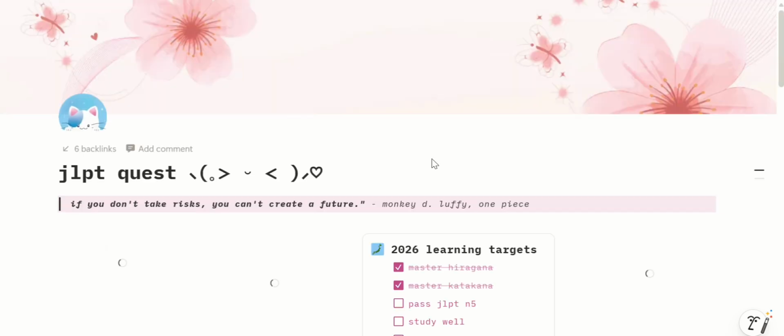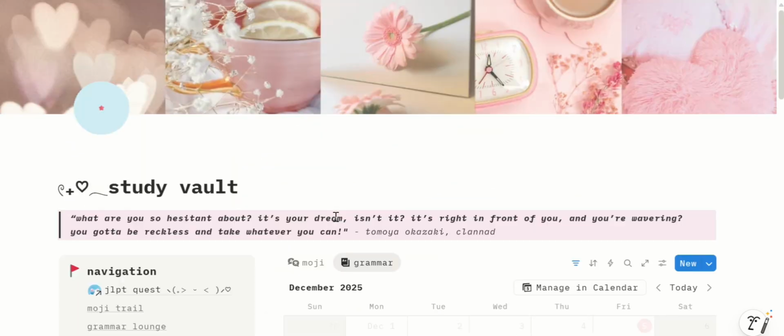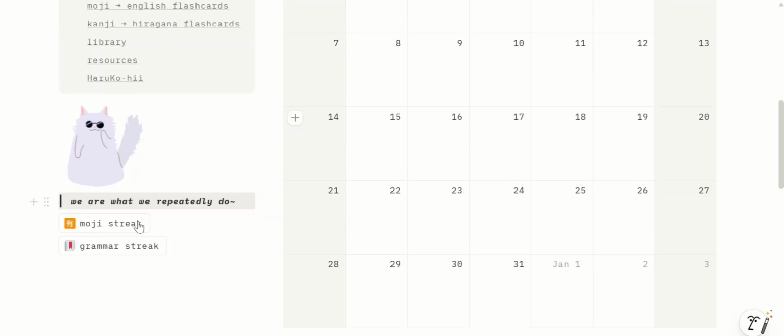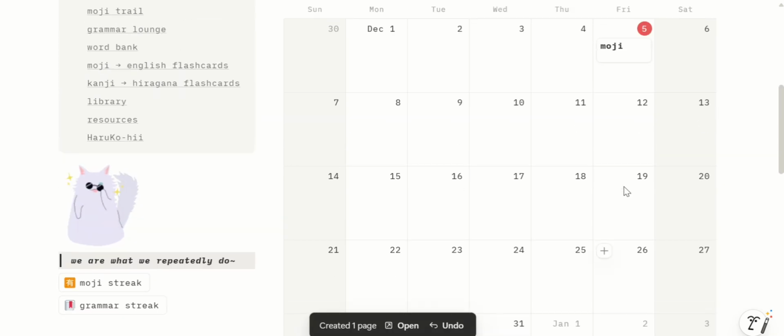And then when we go here in the study vault page and we click this Moji streak, it will be reflected in the current date.